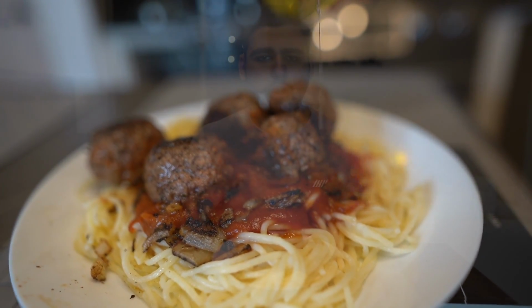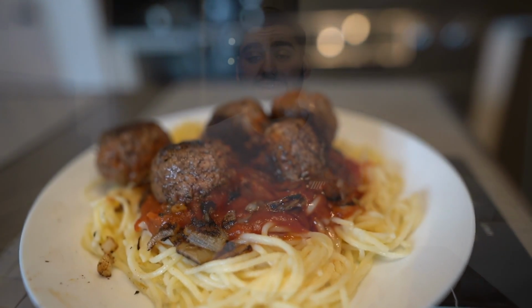And then we've also got ourselves 100 grams of cooked onion, and then also 125 grams of some traditional spaghetti sauce, which is gonna equate to half a cup. And then also I've got myself either 8 ounces of raw or 6 ounces of cooked 93.7 lean ground beef, which is gonna be the epic meatballs on top. And then we've also topped it off with 1 tablespoon of olive oil,